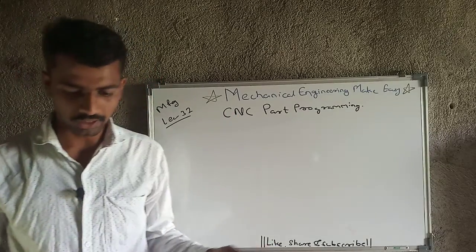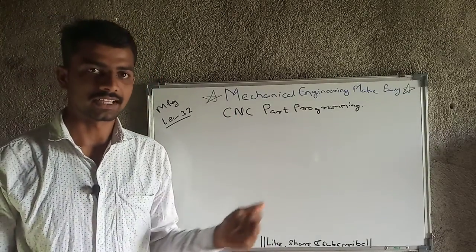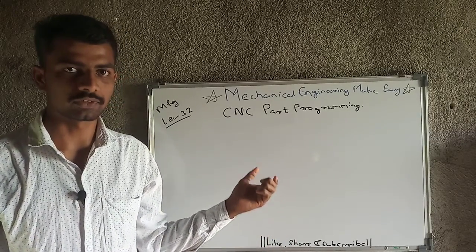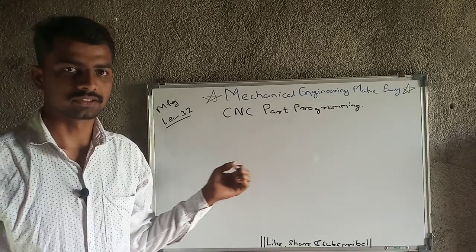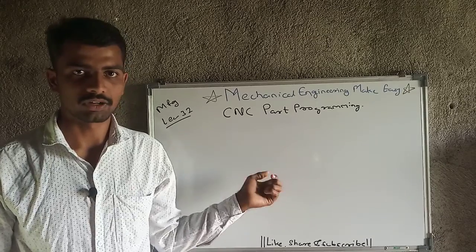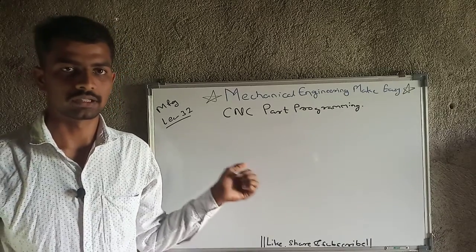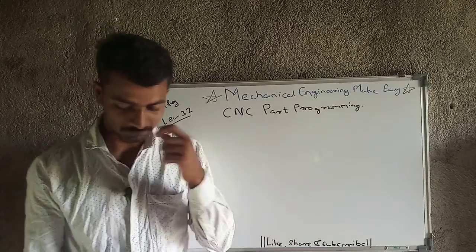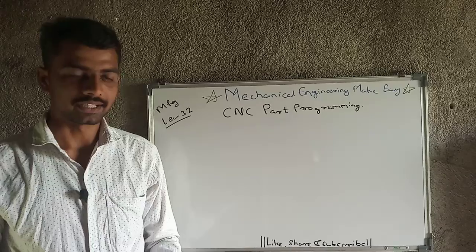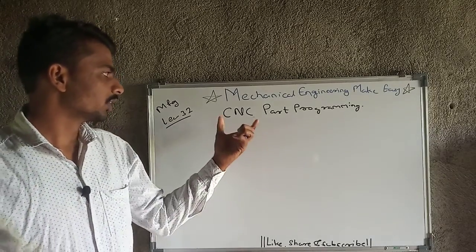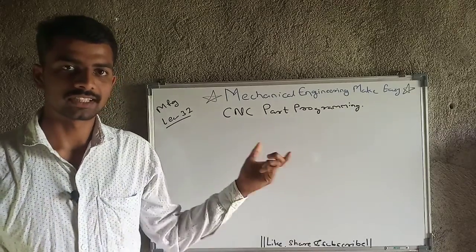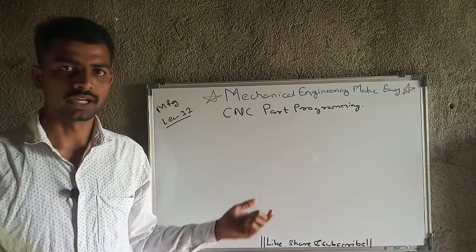In the previous lecture we have seen NC and CNC machine tools and the machining process, and in that we have seen a number of elements in CNC machine, like the NC or DNC machine, adaptive control, after that group technology, then flexible manufacturing system, etc. In today's lecture we are going to take a look at CNC part programming, and which kind of codes we have to use in it.